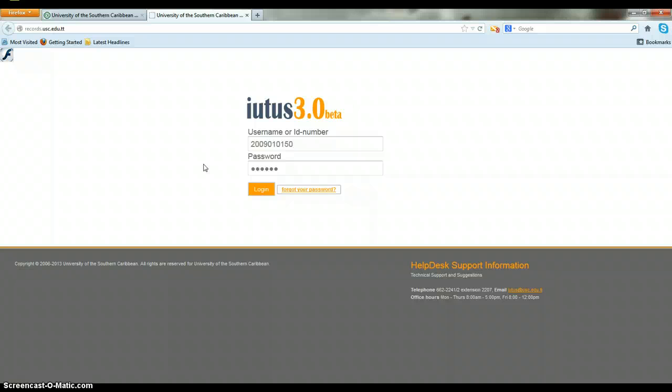Here's where you enter Iutus. If you're using your home computer or a computer in a lab, you have to enter your username or ID number and your password. As this is my personal computer, it's already saved. So you enter your ID and your password. When you're done, you go to the highlighted area where you see login, which is highlighted in orange. You put the cursor over there and it turns to dark gray, and you click that once,